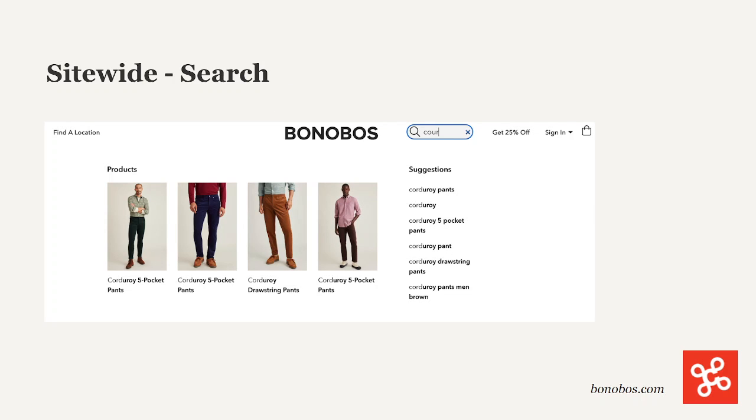So when it comes to different features that apparel stores should have specifically, we'll go through a few different examples here from some popular stores. Right now we're looking at Bonobos, and this is an example of search. So a fashion store that has quite a big catalog. If you only are selling 5 items, search doesn't really make sense. But typically fashion stores have quite a lot of SKUs, so you want to have a robust search